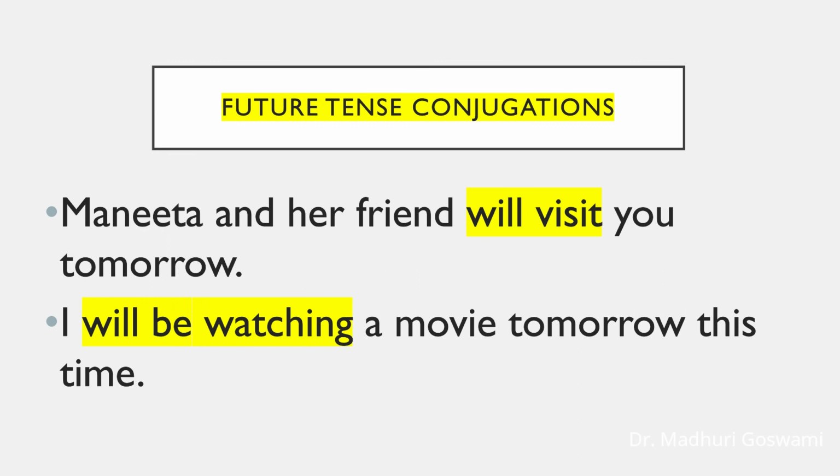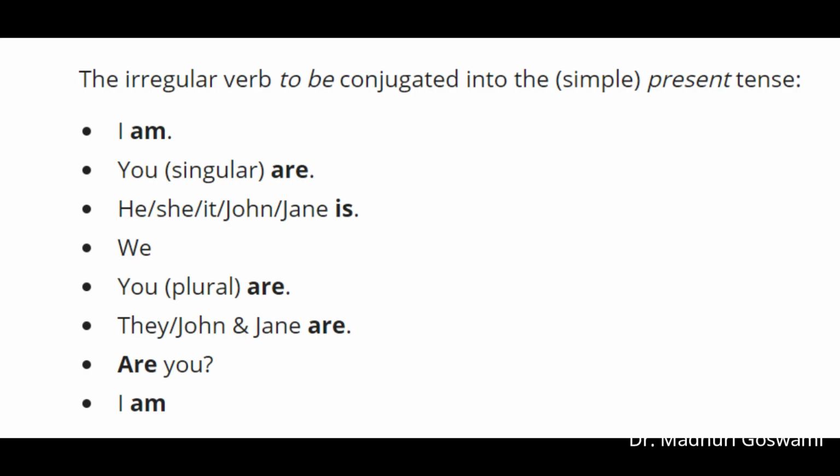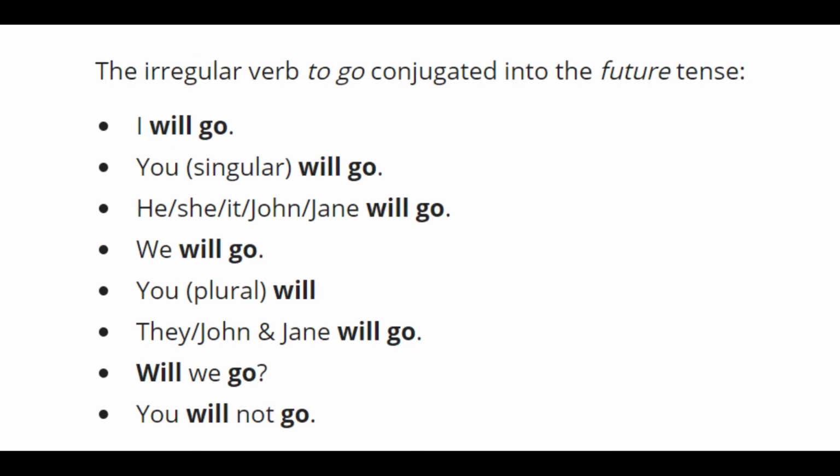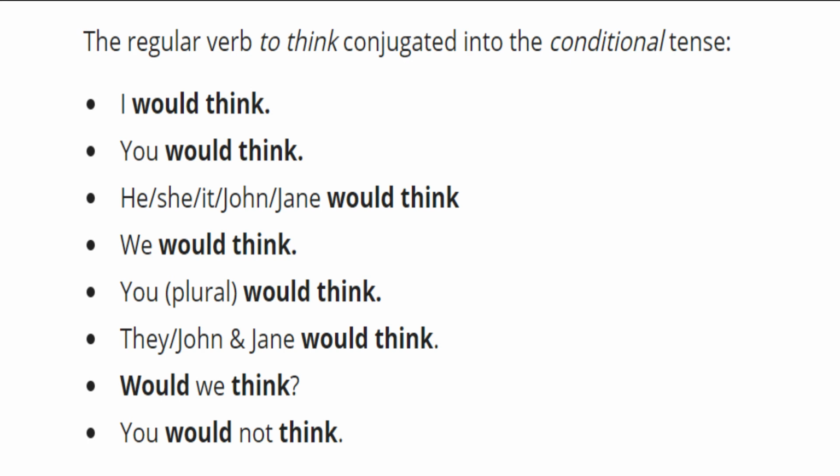You can go back to those sentences and just try to identify the perfect and conditional tense conjugations. Dear students, as you can see from the examples above, most verbs are conjugated by the use of auxiliary or helping verbs and the addition of infinitives, gerunds and participles. Now, some basic examples of fully conjugated verbs will be provided to you, and the conjugation in the form of a question and negative will also be provided. So keep your notebook ready and just note them down. We are going to take up the verb to be, to find, to go and to think. Please pause the video on each slide, note them down and then try to understand.